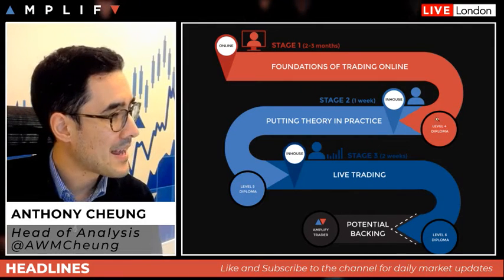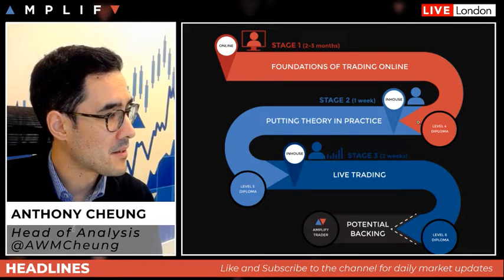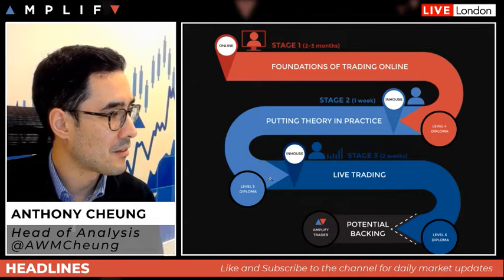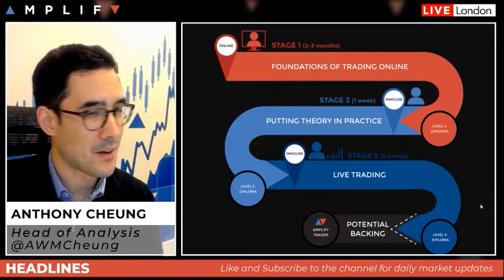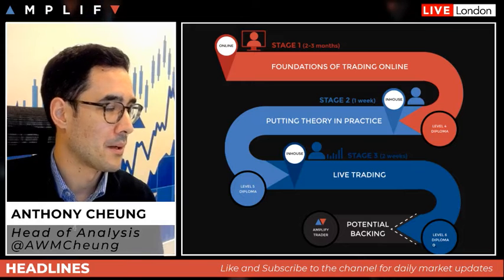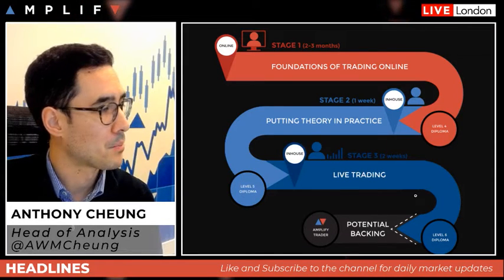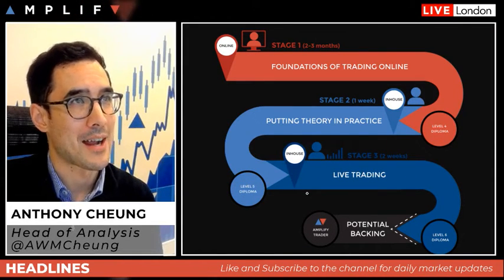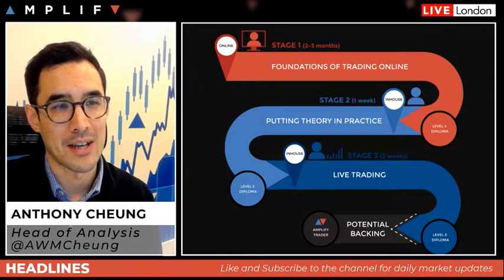Stage 2 then is in-house, which is £1,500 for 1 week's training here on the floor in London, and then 4 weeks of live training is £5,000 to join us here in London to get your level 6 diploma and the opportunity to be backed, but obviously being mentored directly and working with the team here on the trading floor.